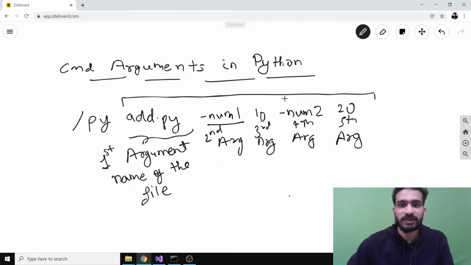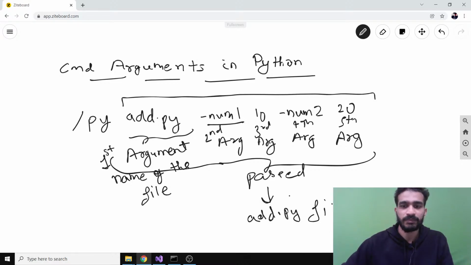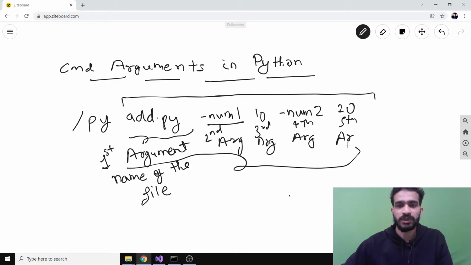The user passes these arguments, including the file name. I won't say passed, I will say these are accessed